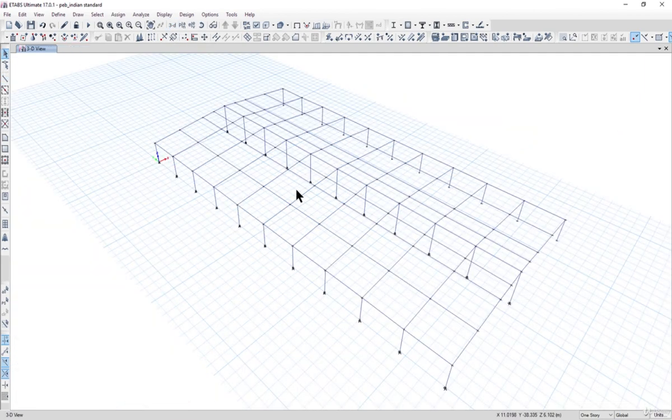So now we have drawn a full-fledged portal frame 3D structure here.